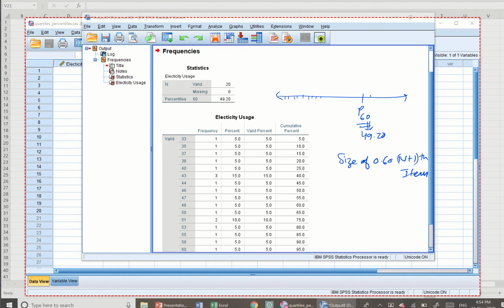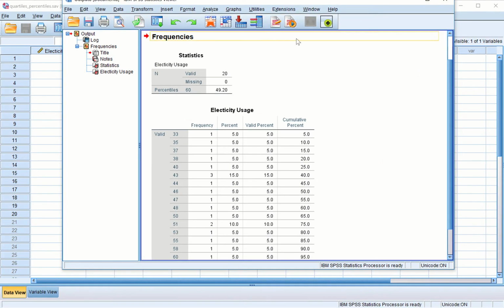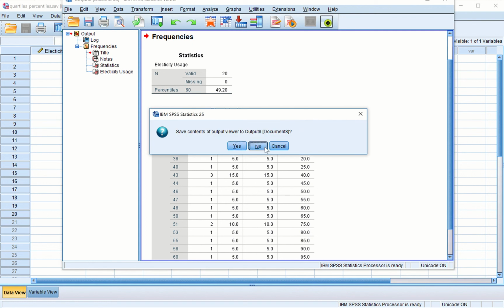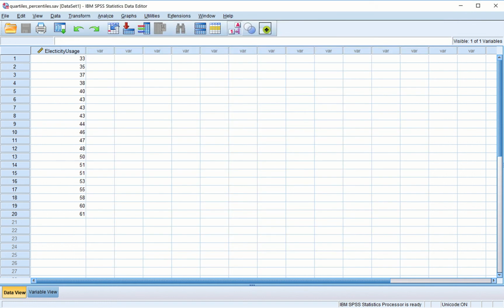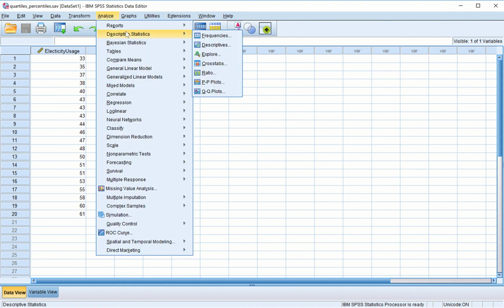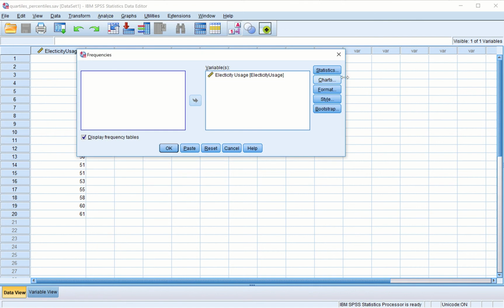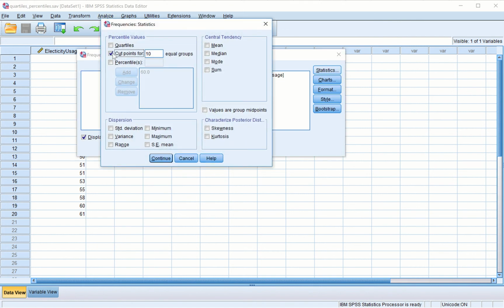Now SPSS can compute quartiles, SPSS can compute percentiles, but what if we want to divide the series into, say, 8 equal parts or 7 equal parts? How will we do that? In order to do that, we will go to Descriptive Statistics, Frequencies, and this time I will use cut points. Here I am dividing the total series into, say, 7 equal parts, which are known as septiles. So if we want to divide the series into 7 equal parts,